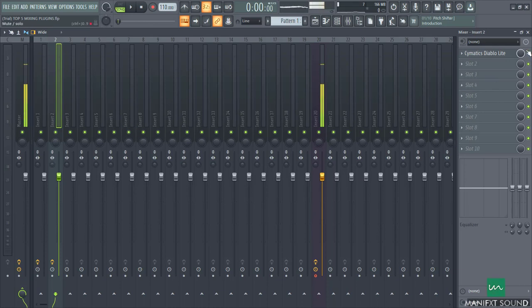I'm actually going to disable the effect and turn it back on to see the difference between what we have before and what we have after. So let's listen. Before,